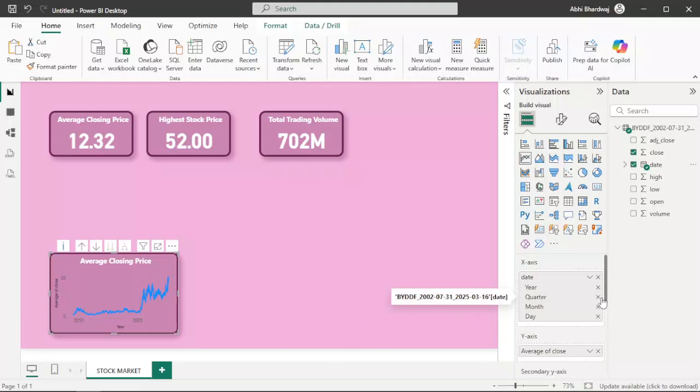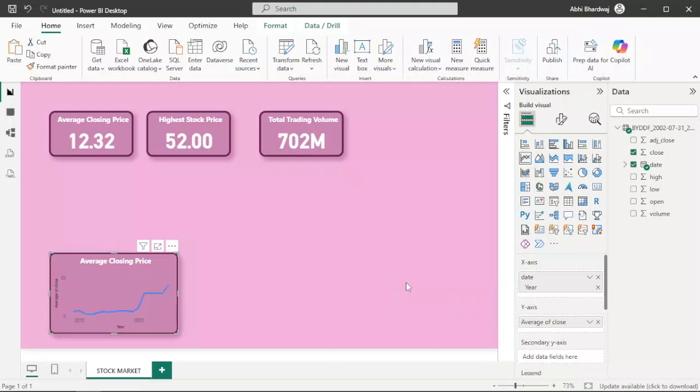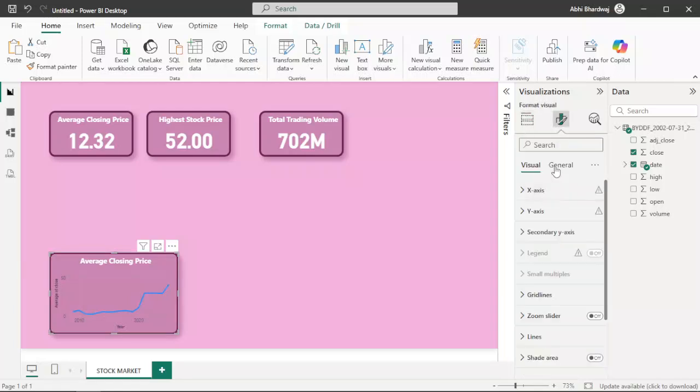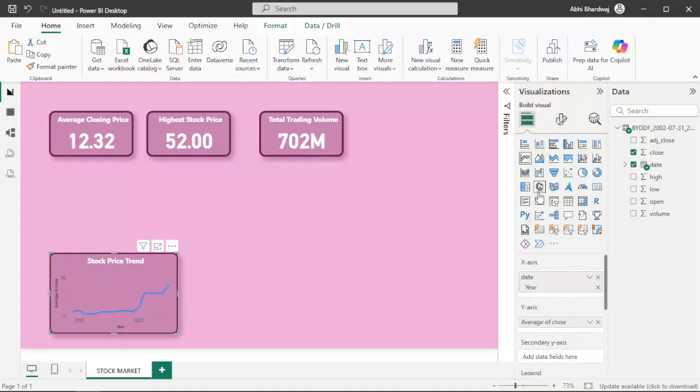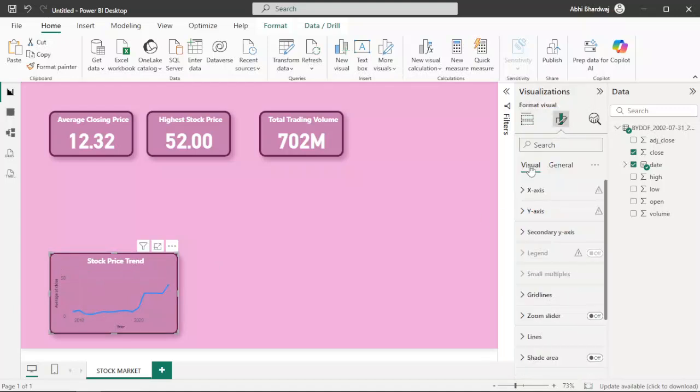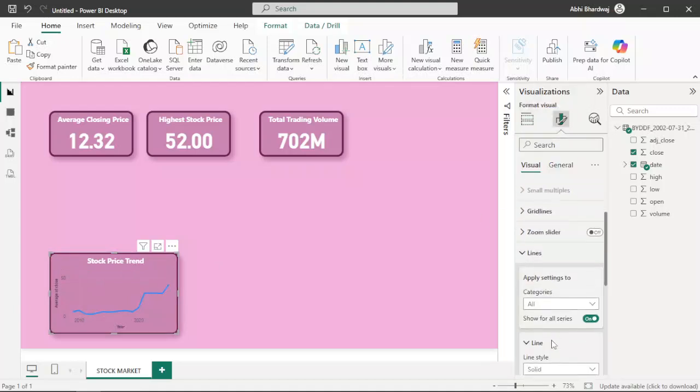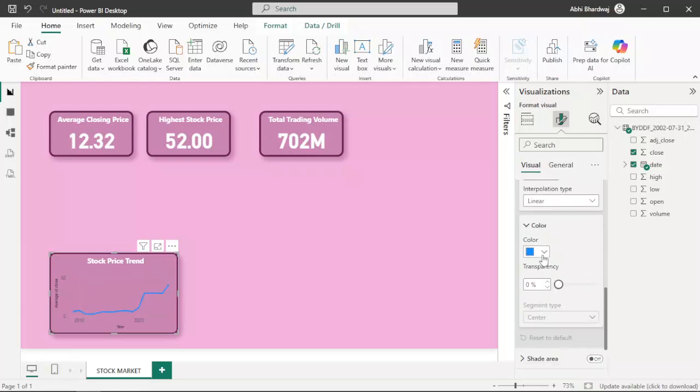So this, let's depict by year only, removing everything else. Okay, so now changing it to top price red. Okay, and now changing the color as well. Lines, changing color to